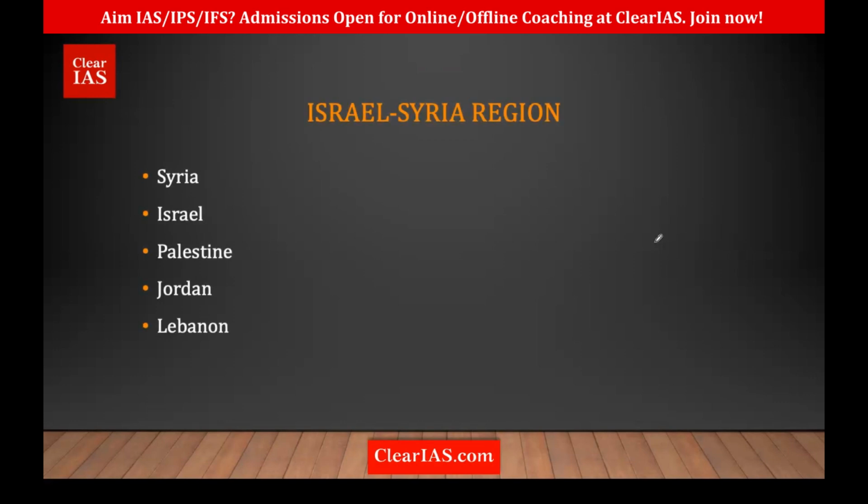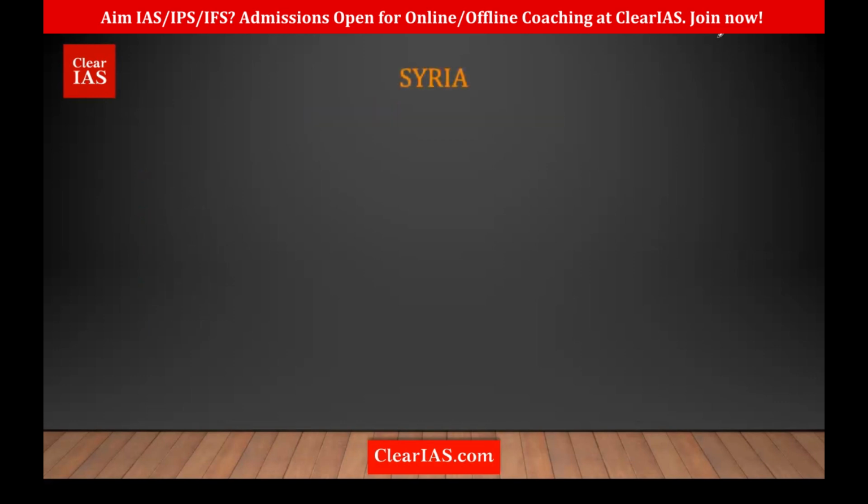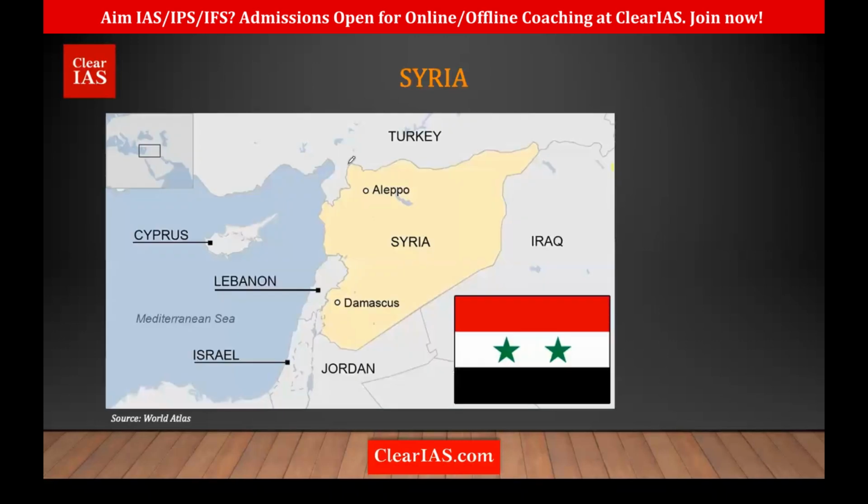So first we'll see Syria. Why is it important? This is one of the favorite areas of UPSC. Not just that, this is one of the most conflicting regions. There will always be some kind of conflicts, some kinds of wars going on here. So Syria is very important. We can see Syria here. Remember, it is also part of the Middle Eastern region. If you're talking about Syria, how would you remember? There's Turkey here, Iraq here, Jordan here, Israel here, Lebanon here.